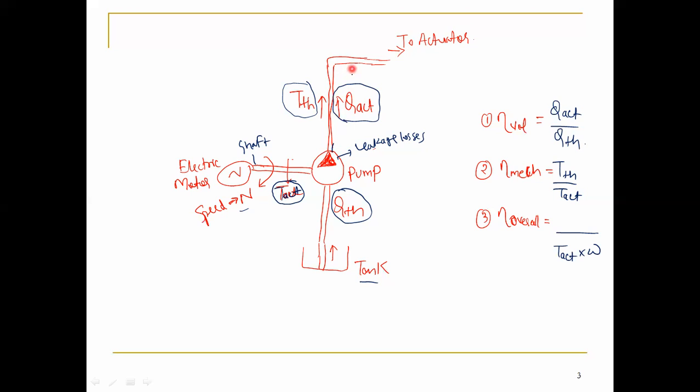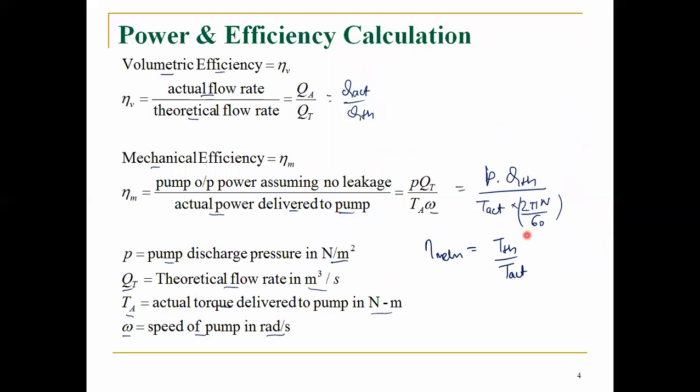Here we will be getting the pressure also. In the pump output what we will get? We will get the high pressure. So that high pressure we can call it as small p, sometimes we write it as delta p. So we are getting the pressure at the output, high pressure. Then we are getting the actual discharge, Q actual. So this will be the overall efficiency. In this way you can keep in mind how to calculate the volumetric efficiency, mechanical efficiency, and the overall efficiency. You can see that the formulas are written the same.